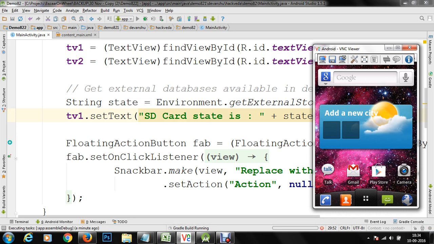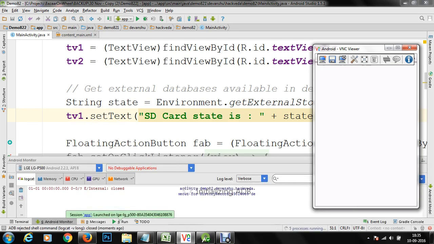Whenever you need to access your files or storage data from external storage, it is always a good idea to check whether your SD card is mounted or not. In many mobile devices it may be possible that an application is being executed at the moment when the user has drawn his SD card out. In that case, your application may fall into some exception state if you have not handled this getExternalStorageState in a proper way.